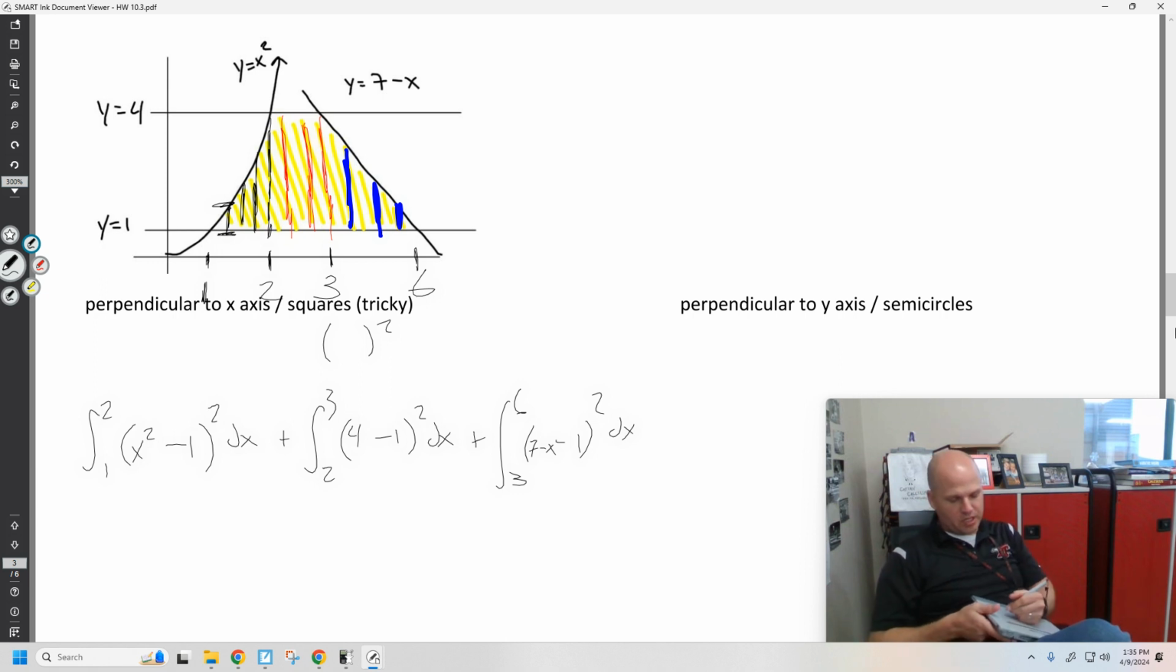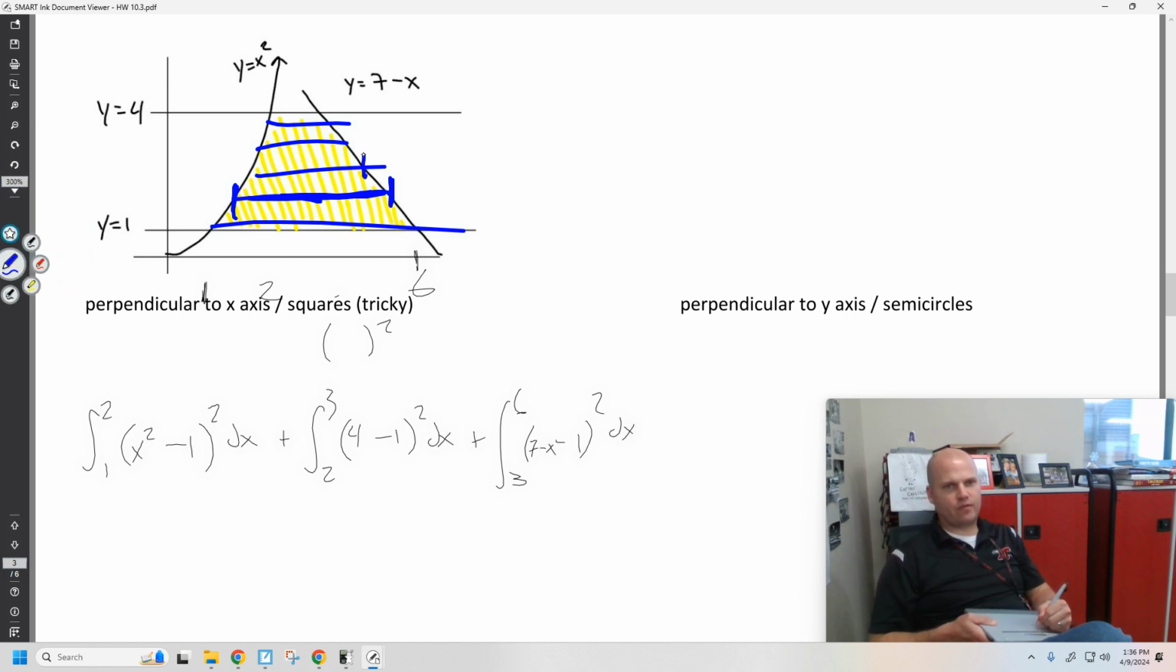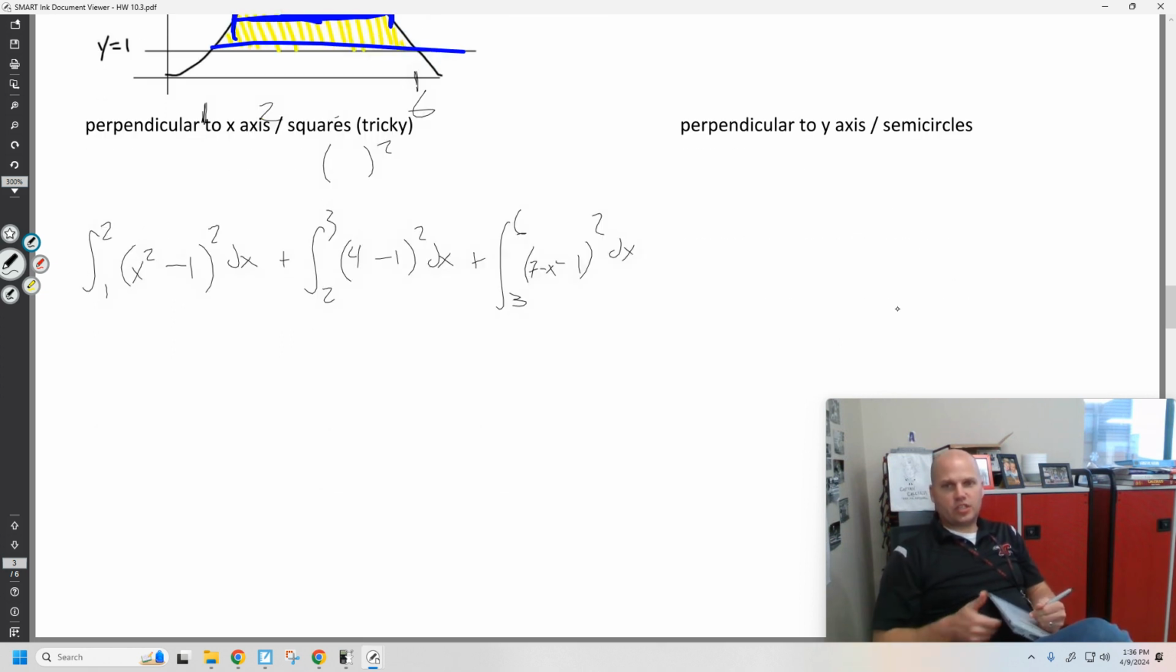If it was perpendicular to the y-axis, everything gets easier because we have consistent c's. Consistent x equals right, x equals left. No matter where you are, the x equals right and the x equals left is always going to be x equals, what is this? Solve for x, add x, subtract y. It's the same, 7 minus y. What is this? This is x equals root y. So consistent